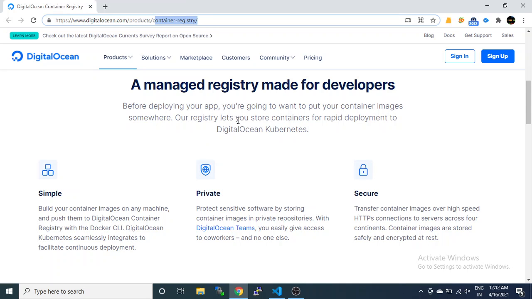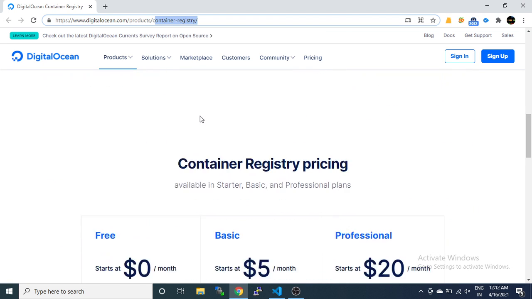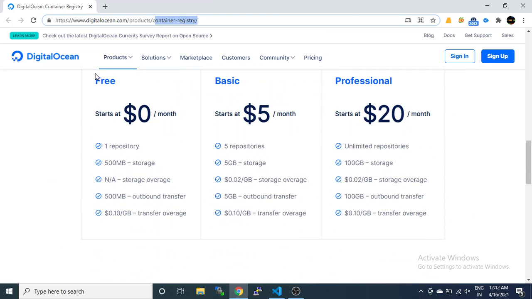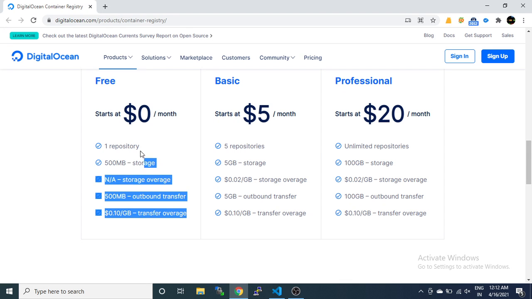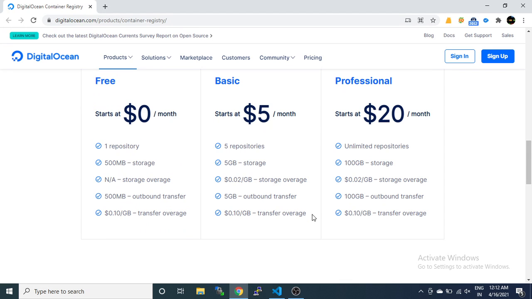From here you can pull the image anytime, and you can write CI/CD to automate taking the image from this registry and deploying it on your Docker. This also has a free version, with one repository and 500 MB. It has limitations, and after that you have to pay. So I am not going to use this.